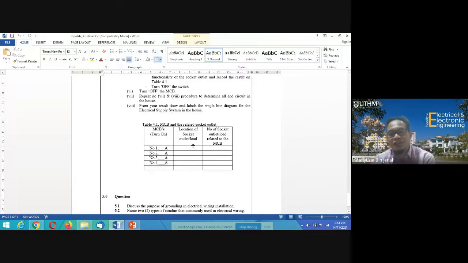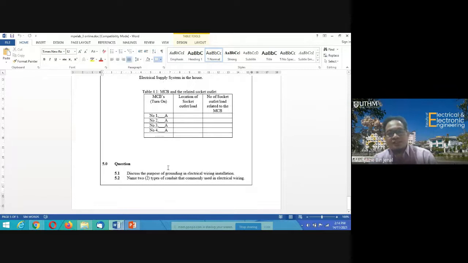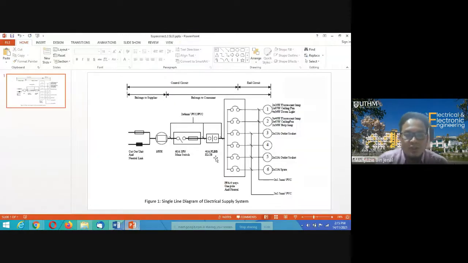It is actually a combination again of your experiment number 1 and experiment number 2. But this time we have the detail of the number of MCB as well as the current rating. Then answer the questions in your discussion, for example discuss the purpose of grounding. Now I will demo the